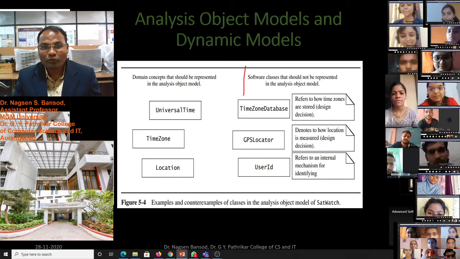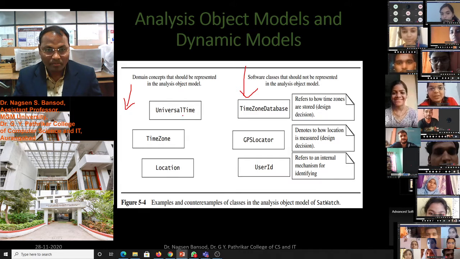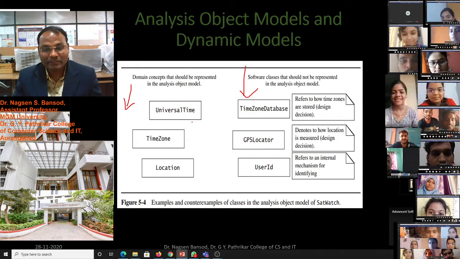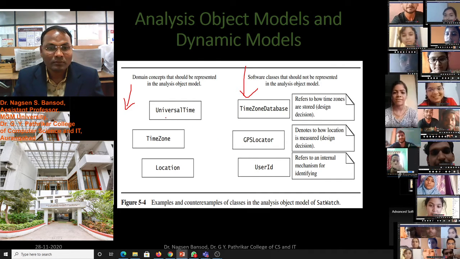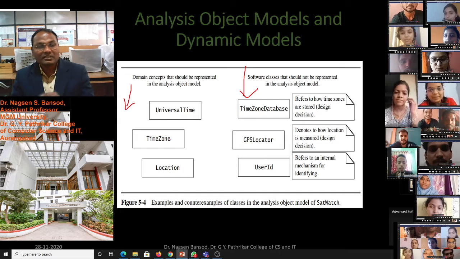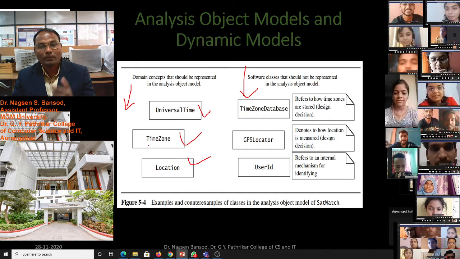These are the software classes and these are the domain concepts. Universal time, this is an example of a satellite watch. There the objects are universal time, time zone and location. These three objects are there.